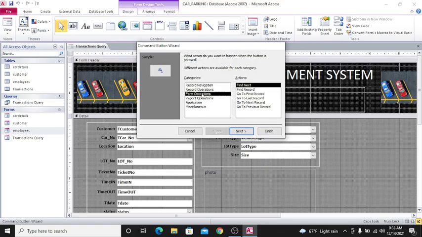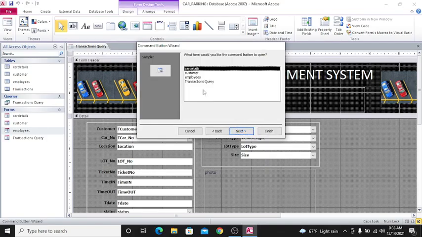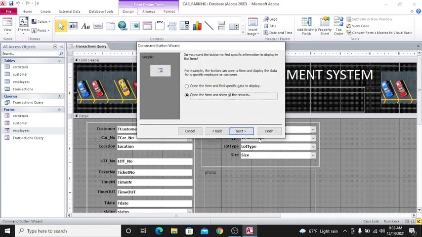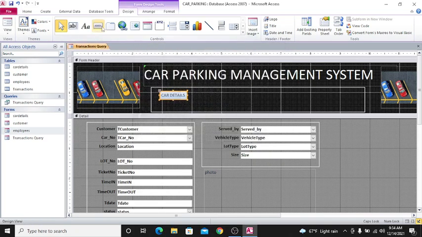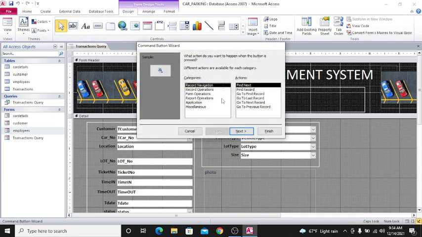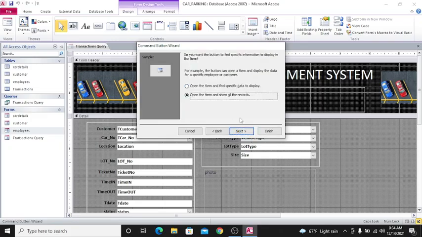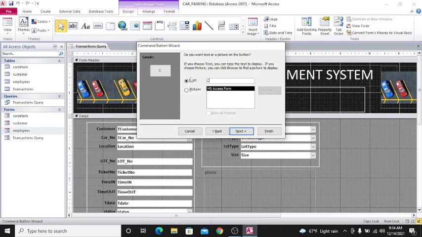Therefore just go to form operation, open form, next open car details, next this is car details, finish. We take the button again, draw form operation, open form, next customer, next this is customers,